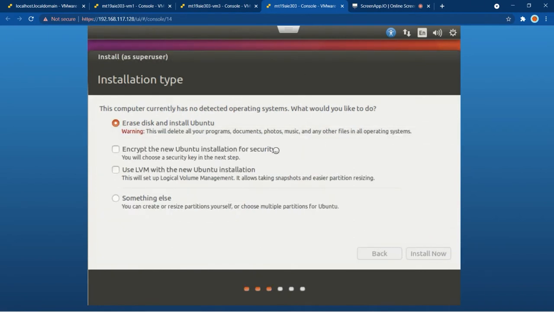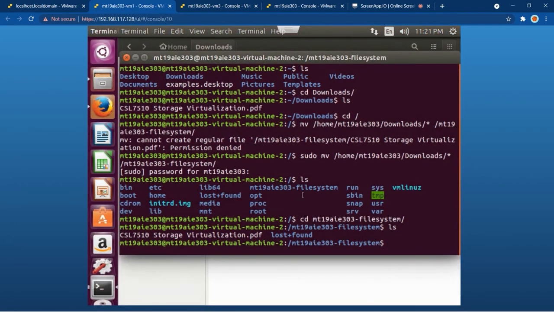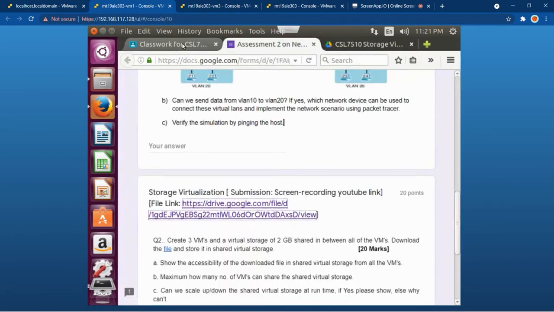So in the meantime, I will go ahead and open my virtual machine 1, where I'm going to download the storage PDF from the assessment.